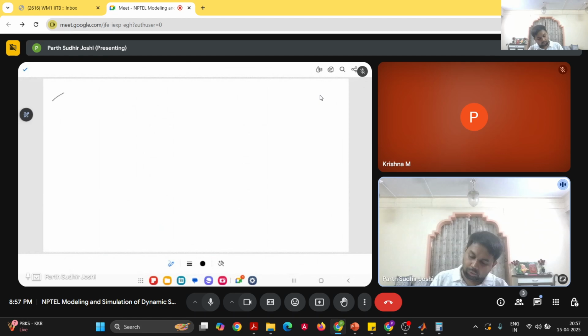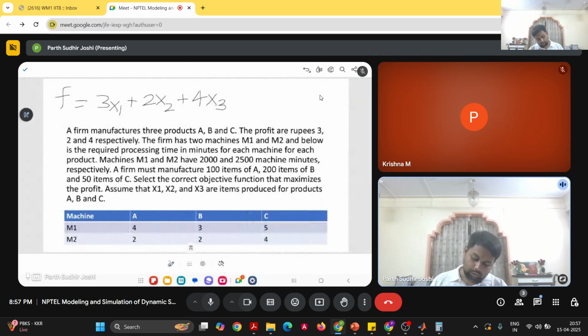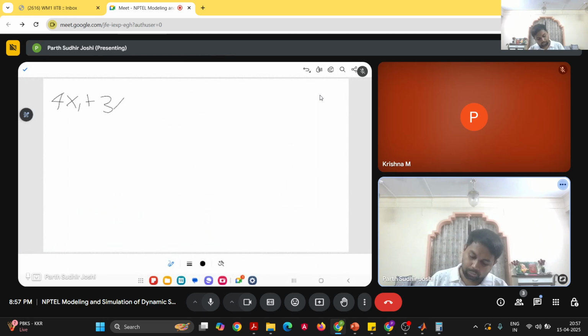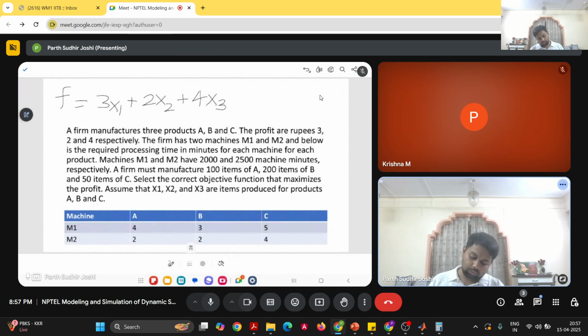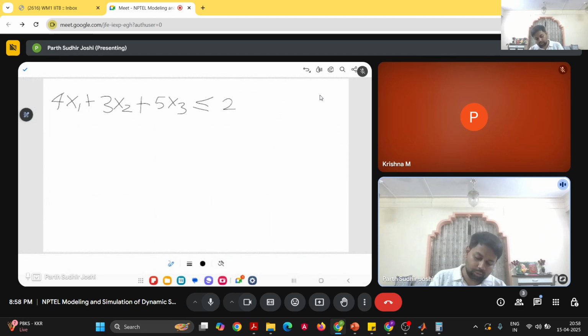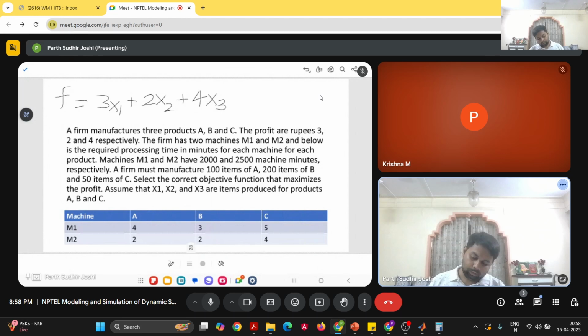So 4x1 plus 3x2 plus 5x3 is less than or equal to the time available on machine M1, which is 2000, and the time available on machine M2 is 2500, which we can write down in a constraint as